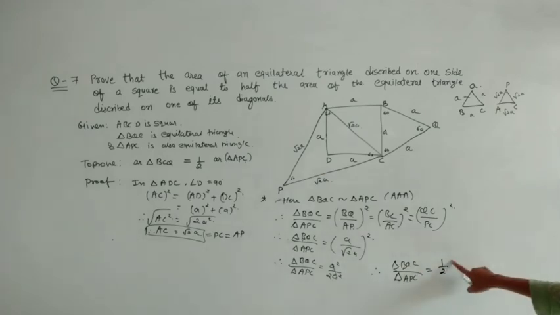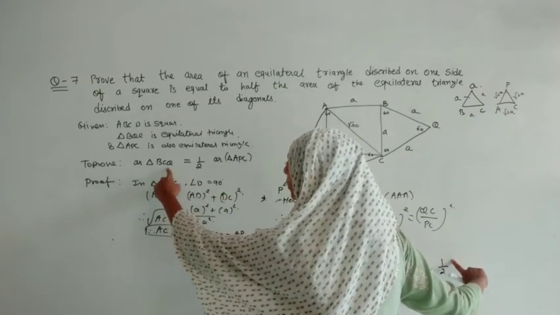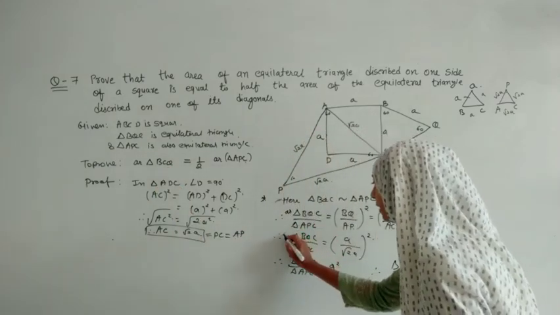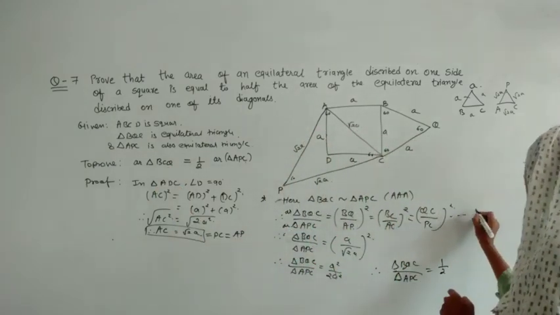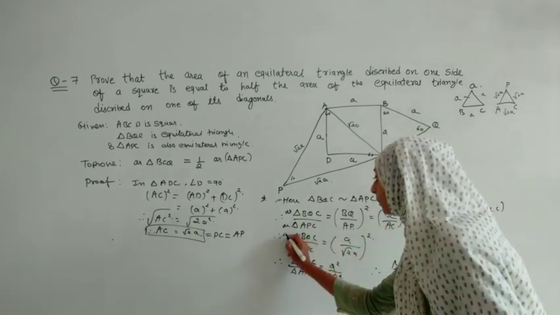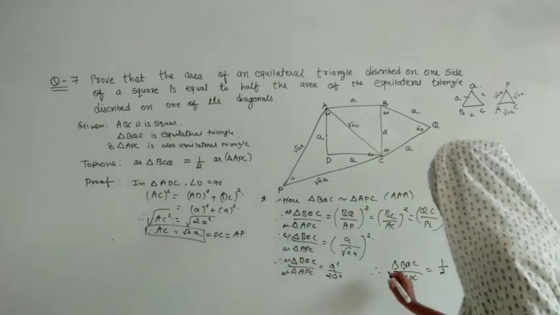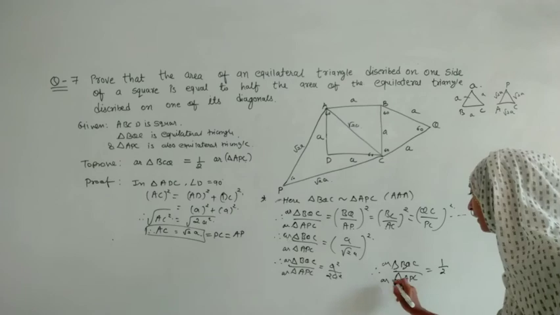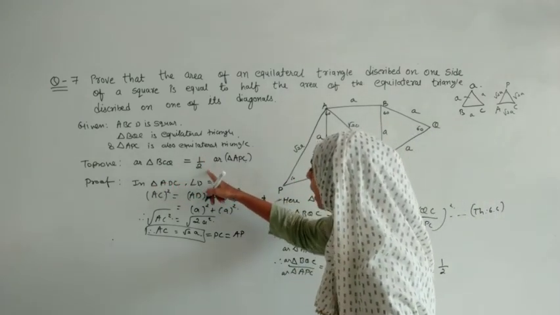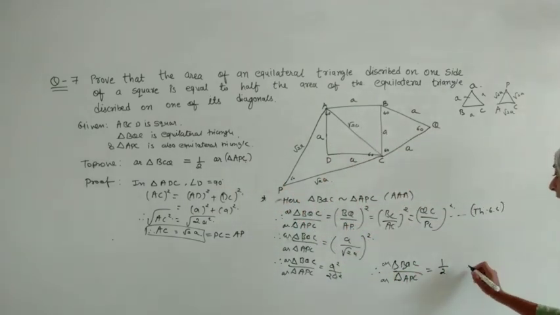Now we will take this to that side, because to prove it we have written the area of BQC. Here we will mention that we are talking about area because that is the theorem. In brackets also we will write theorem 6.6. So let us complete that work first, and the concept will become clear. So let us write area, and here I will also write area. Here we can see the area of BQC is half of the area of APC. So the area of BQC stays over here, and APC we will take to that side.